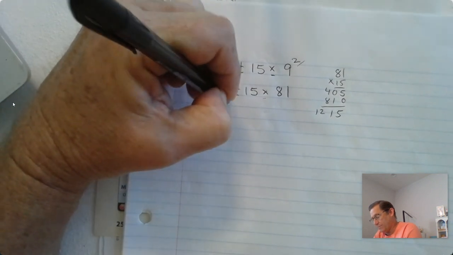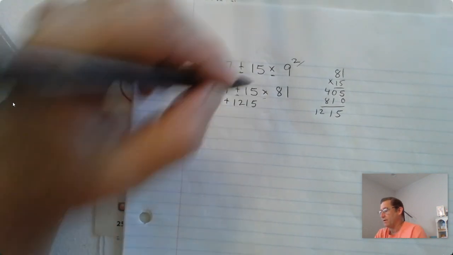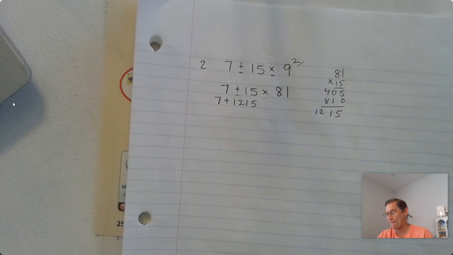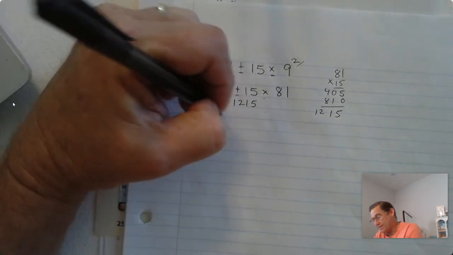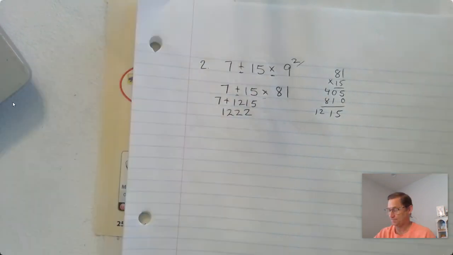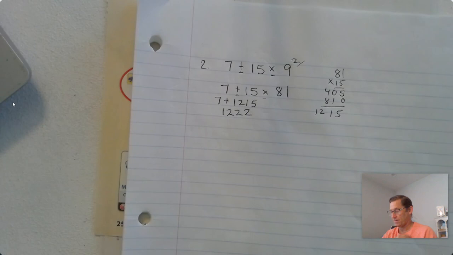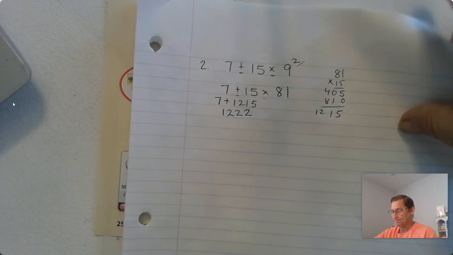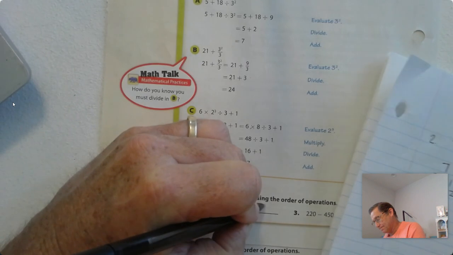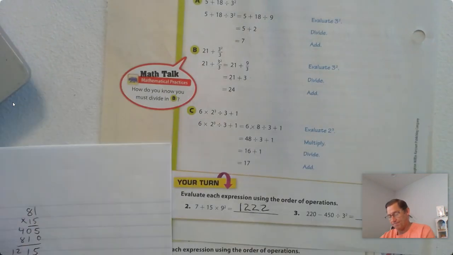So we have 7 plus 1,215. So add that together, and we get 1,222. Okay. Number 3,